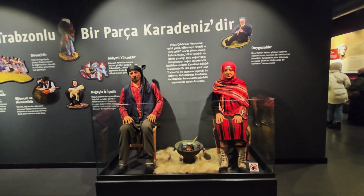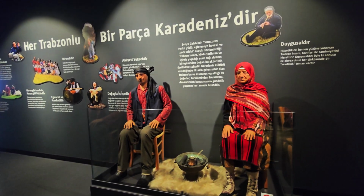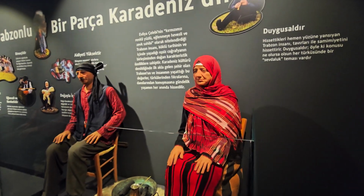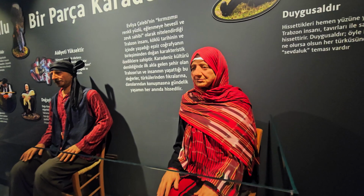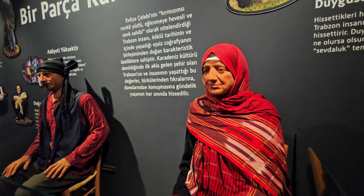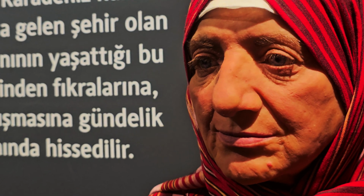His expression, captured with such precision, almost makes it seem like he could start speaking at any moment, sharing stories of the region's rich history. Meanwhile, the woman, adorned in vibrant red and black traditional attire, represents the cultural heritage passed down through generations. Her serene expression and posture reflect the strength and grace of the women in Trabzon, who have long been pillars